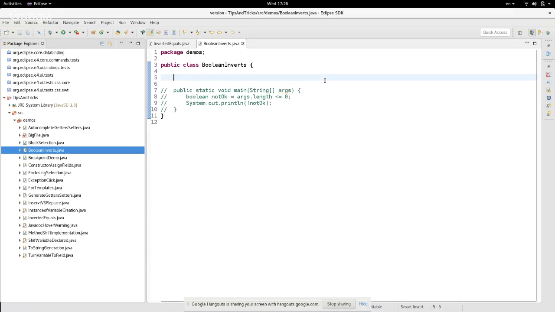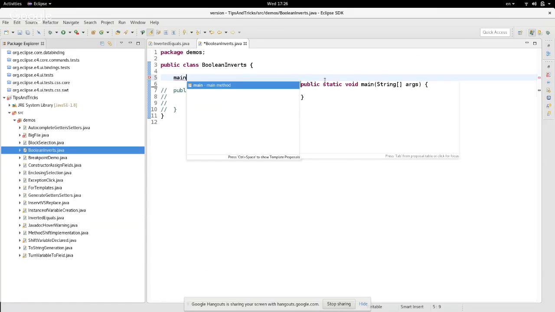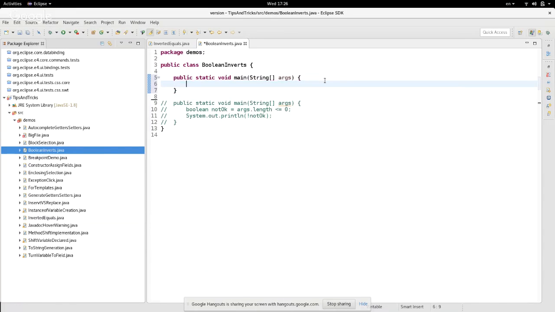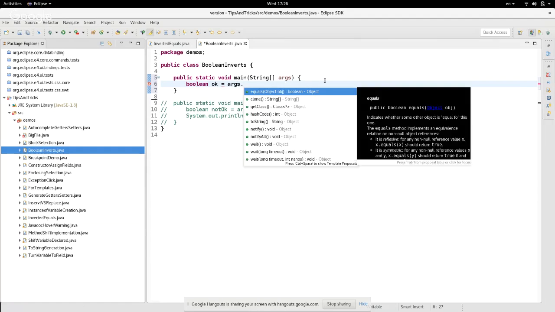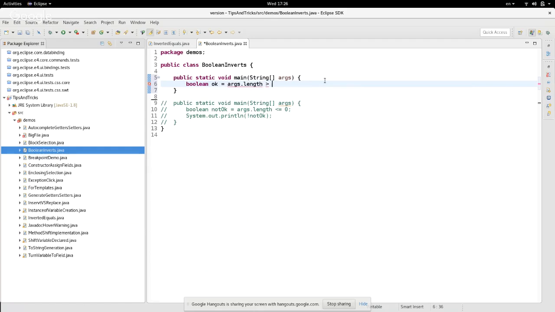So suppose, again, let's go to our friend here, the main. Suppose for example, I want to have a Boolean here and call it OK. This will be whether the arguments array length is bigger than 0. So basically, whether there are arguments in calling this application